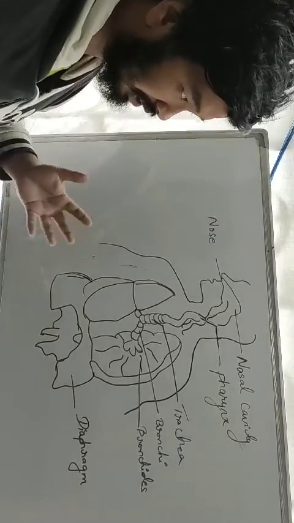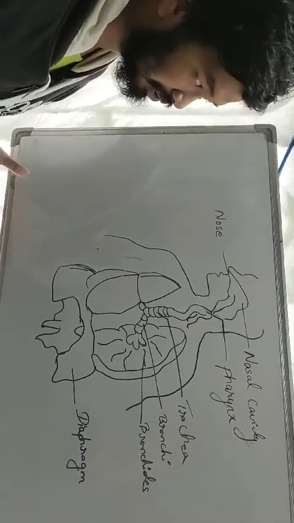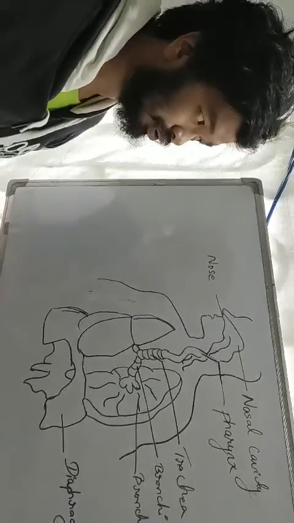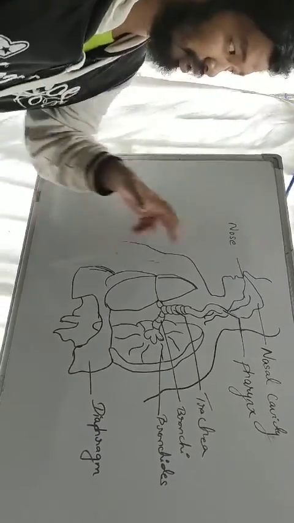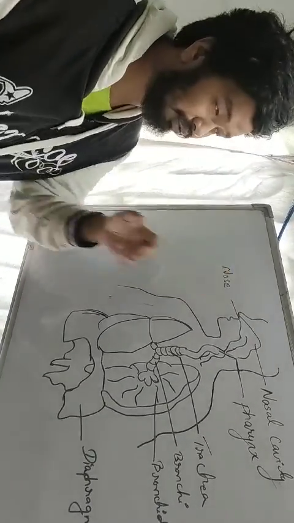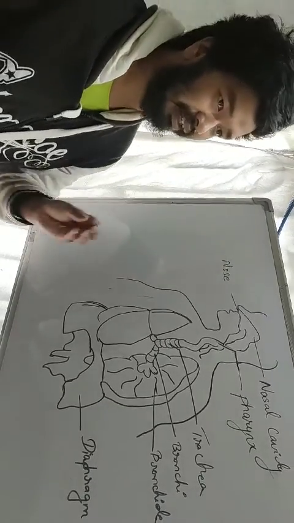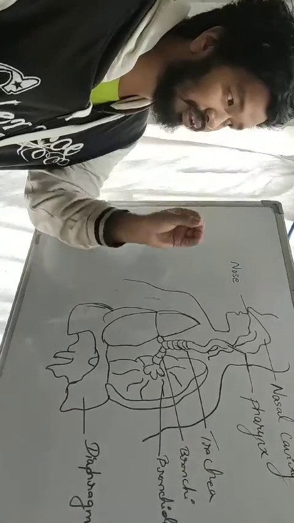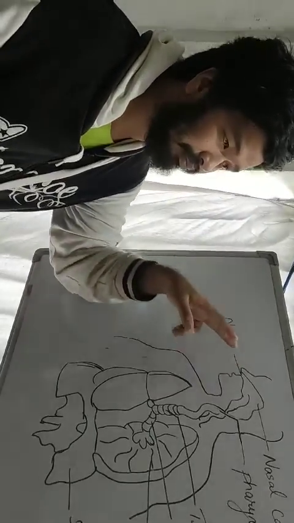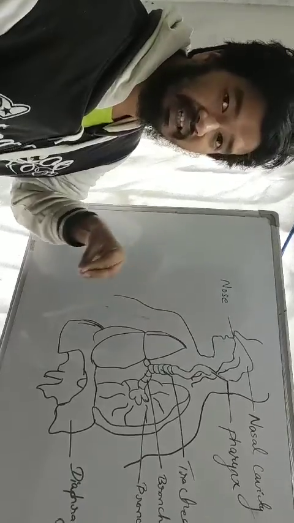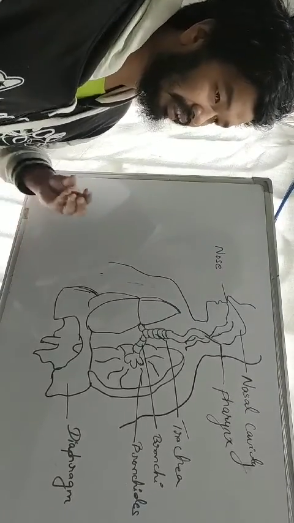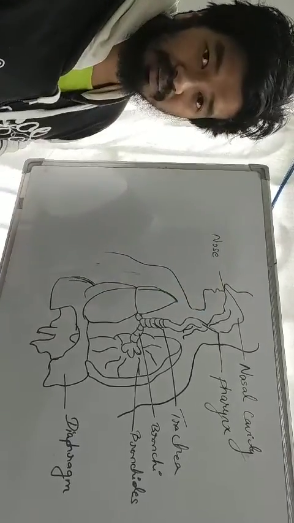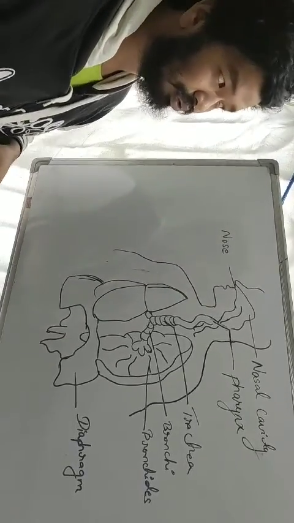Now we are going to see how the respiration takes place. First, air enters the nose through the nostrils. We have two nostrils out here. Inside the nose you might have seen some small hairs. The function of those hairs is to filter the air which you breathe. Sometimes in the air there might be some dust particles and germs, and those are filtered in your nose with the help of your nose hair.